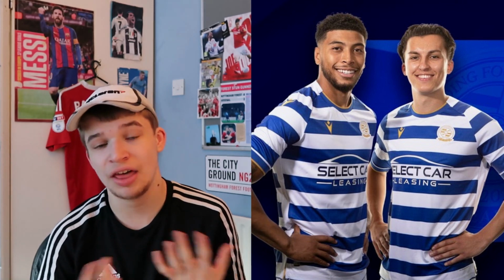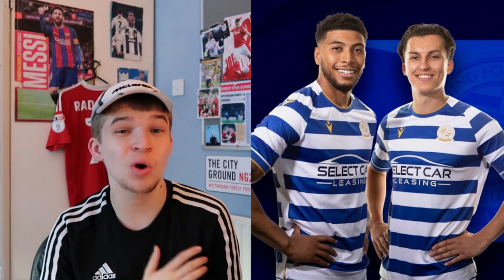Reading, celebrating 150 years of their history, and I think they've got a good kit to market. The gold logo, I don't really like it when teams mix up their logos that much, but I get why they've done it this time. They've kept the white shorts for this year. It's always a bit difficult to call what they're going to wear, Reading, because sometimes they wear blue shorts, and I think if they wear blue, it's probably kind of better because...